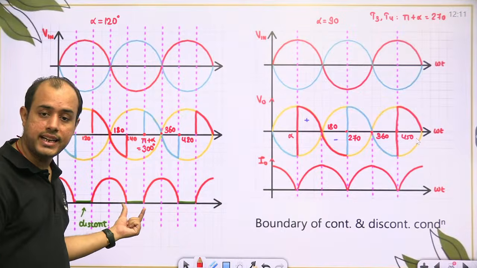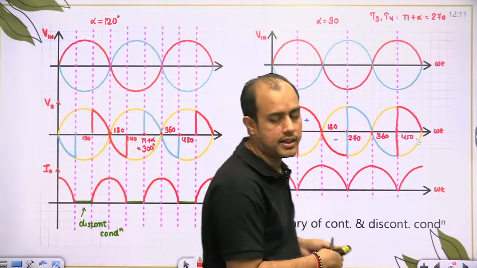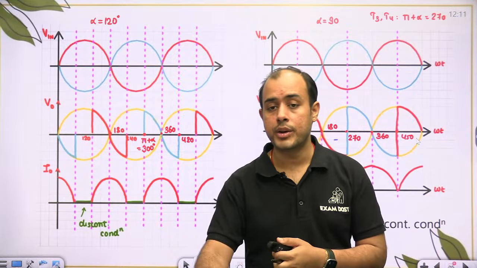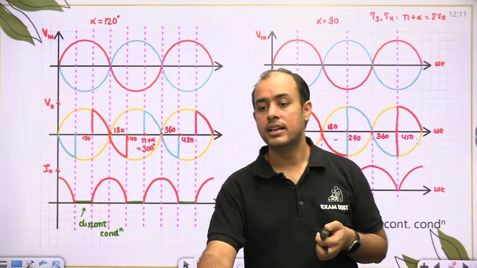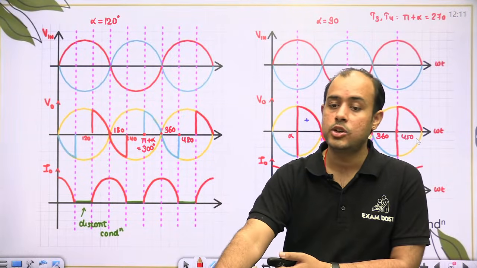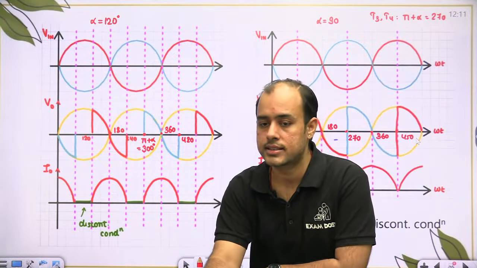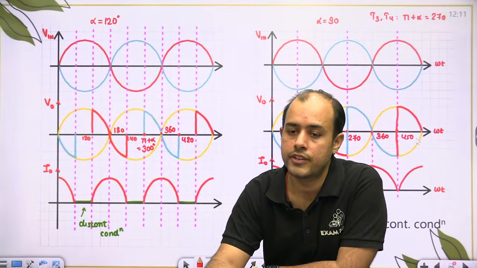And when current stays at zero for some duration, it is called discontinuous conduction. अगर करंट थोड़ी देर के लिए जीरो पे रुकता है तो उसे कहते हैं डिसकंटिन्यूअस कंडक्शन, और अगर जीरो को सिर्फ टच करके वापस आ जाए तो उसे कहते हैं कंटिन्यूअस कंडक्शन।